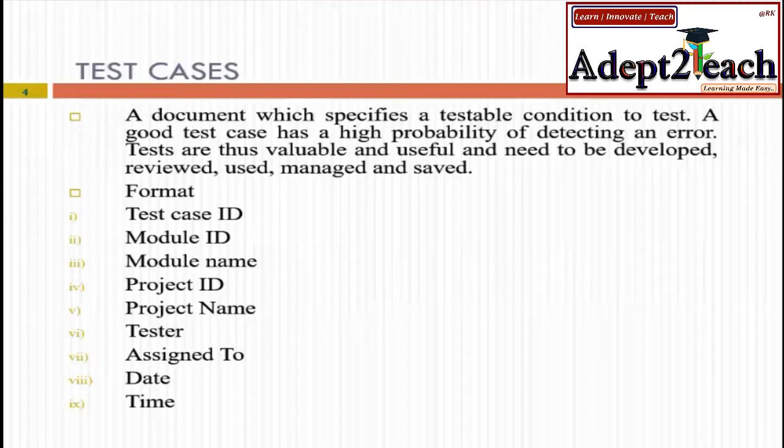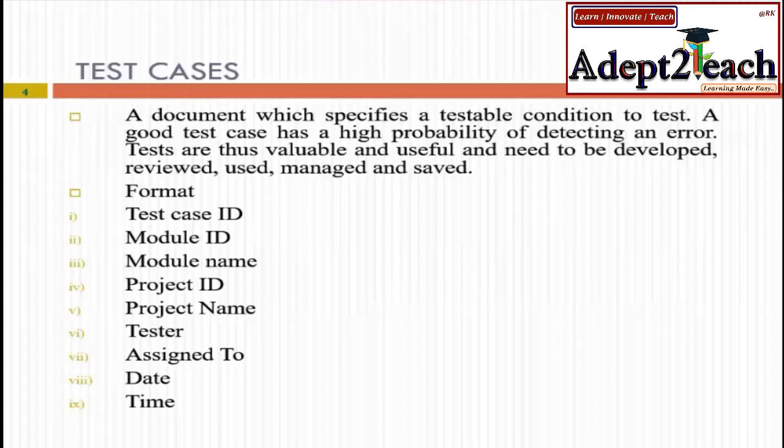Now I'll vary my example. Let's say you are the developer of MS Office. Now MS Office has different major modules like Word, PowerPoint, Excel, Access, Publisher, and so on. So let's pick one module, which is MS Office. Now that MS Office is also divided into several submodules. Like at the top, you see the home section, then you see the start button where you have different types of options, then you see the insert tab. Every tab in itself is a submodule. So one person might have coded for home, one person might have coded for the insert tab.